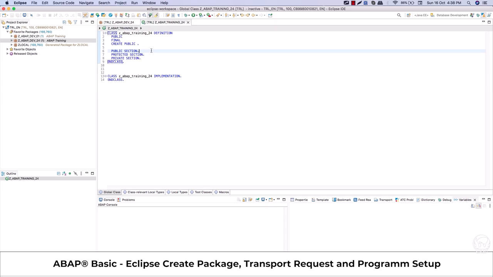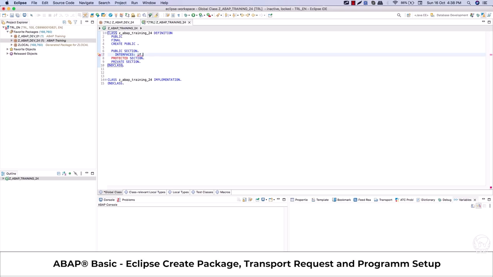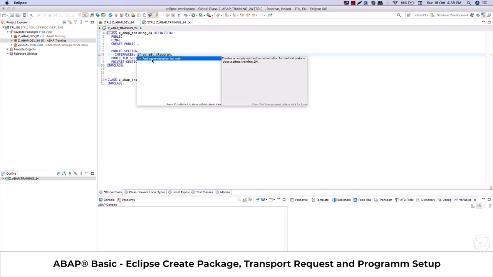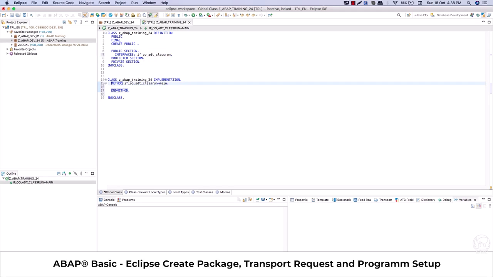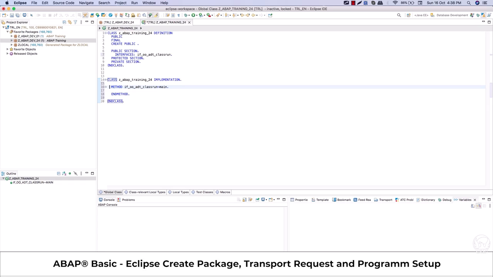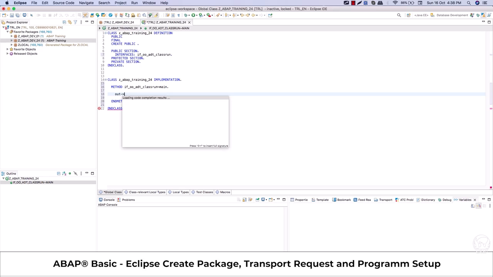So we'll keep an interface inside this public section, and the name is if_oo_adt_classrun. So this will be the interface, and it will have an implementation inside the implementation part here, where we are going to use out->write. This is the way to write anything inside the console. So hello world is the first thing which we will write in the console. So if I try to just write the hello world string and save everything,